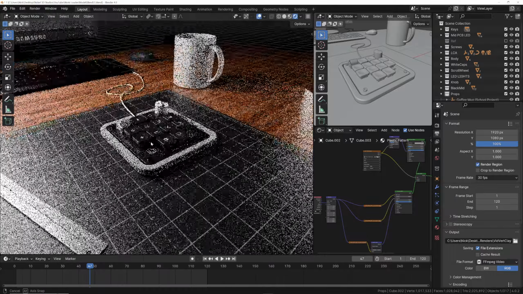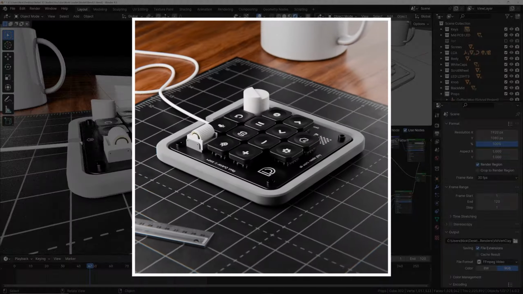In this video, we will cover the texturing of this 3D model to create this animation, which you can add